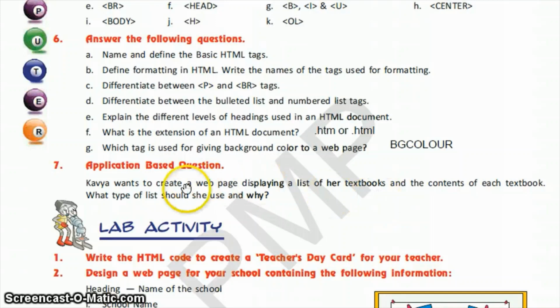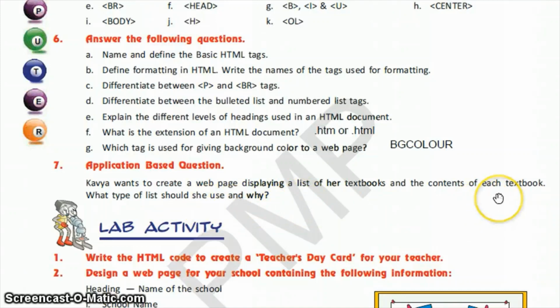Now there is an application based question also. Kavya wants to create a web page displaying a list of her textbooks and the contents of each textbook. What type of list should she use and why?